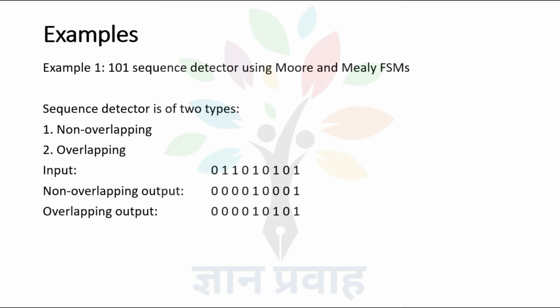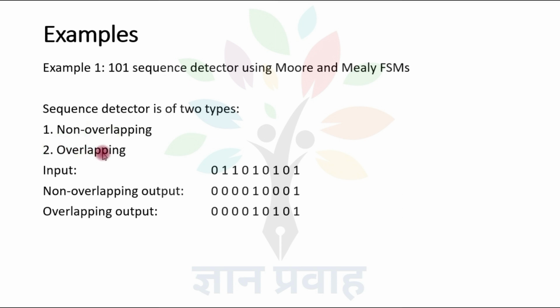An example of a sequence detector is given here. Sequence detectors are like password generators. In sequence detection, the machine receives an input string and output will be 1 if the required sequence is detected. Otherwise, output will be at logic 0. The sequence to be detected is 101 here. Therefore, when the machine receives the sequence 101, it provides output at logic 1, otherwise output will be at logic 0. And there are two working methods in sequence detection, and these are non-overlapping and overlapping.